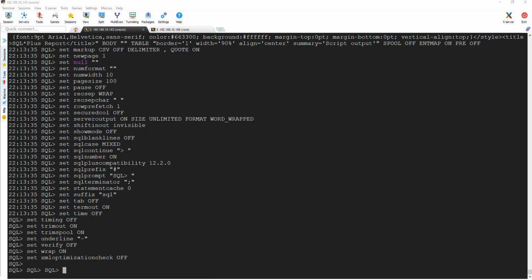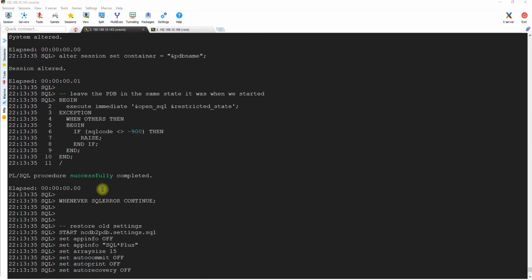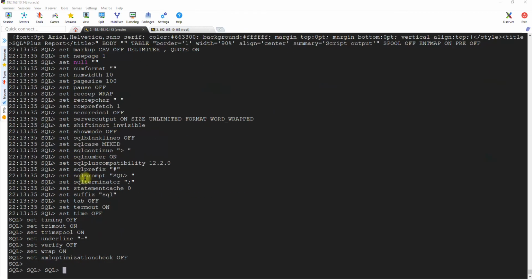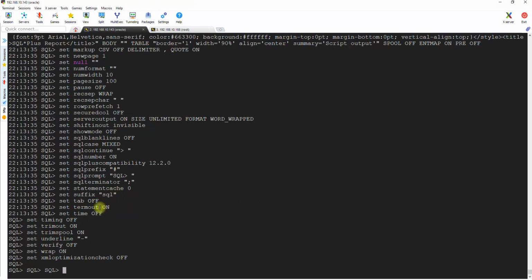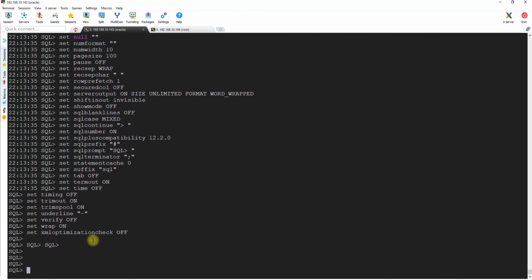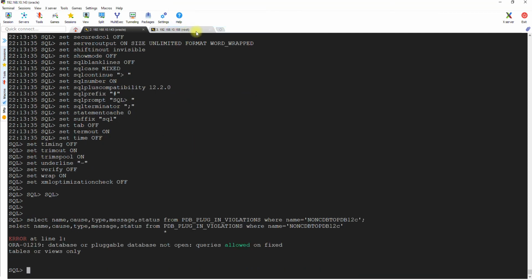Yeah, so welcome back. It took around 10 minutes to complete the whole bunch of stuff it went through. So it has completed this particular PL/SQL. It was running and it successfully completed. So let's now validate everything. If we have any plugin violations, it means that when we plugged in, there is some internal object it's violating or creating a problem with.